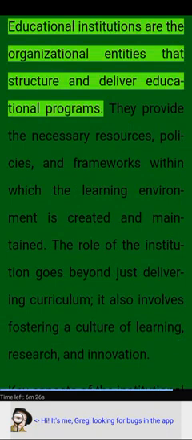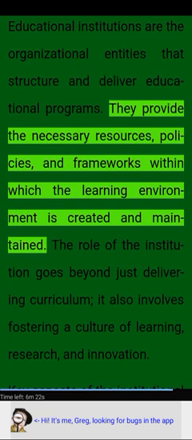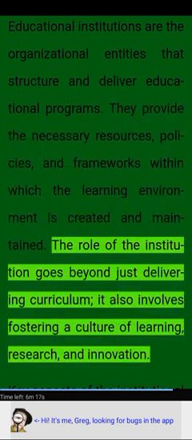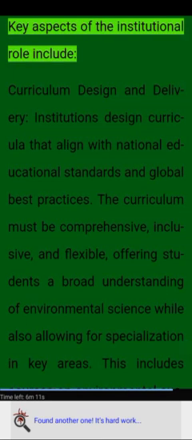2. Institutional role in education. Educational institutions are the organizational entities that structure and deliver educational programs. They provide the necessary resources, policies, and frameworks within which a learning environment is created and maintained. The role of the institution goes beyond just delivering curriculum. It also involves fostering a culture of learning, research, and innovation. Key aspects of the institutional role include